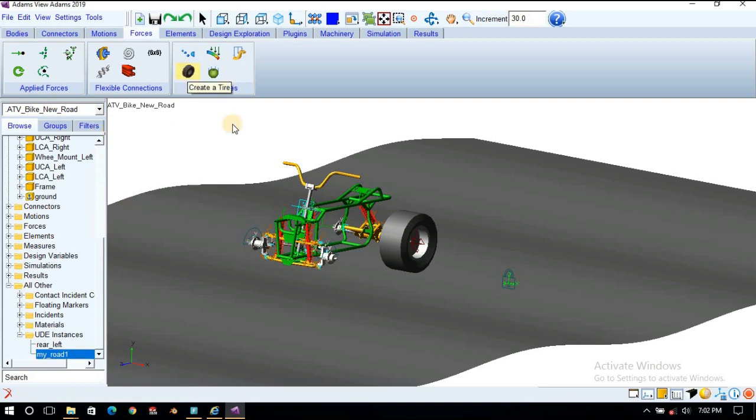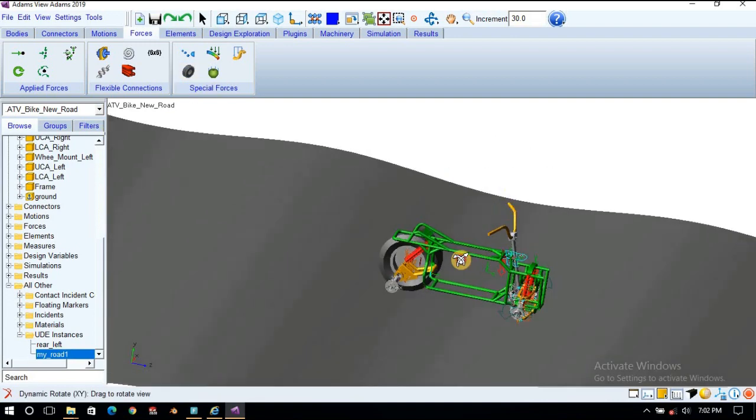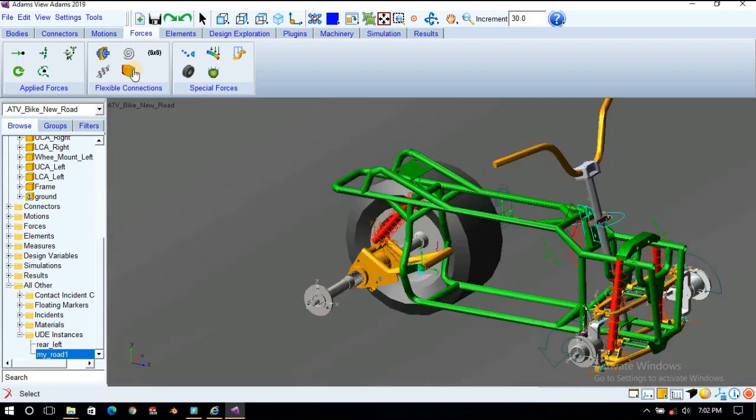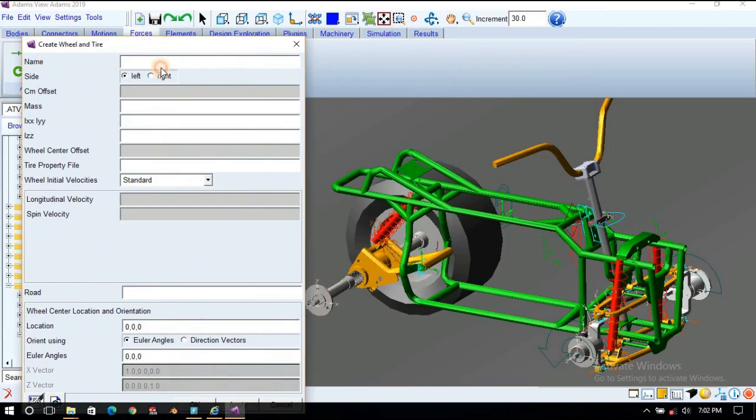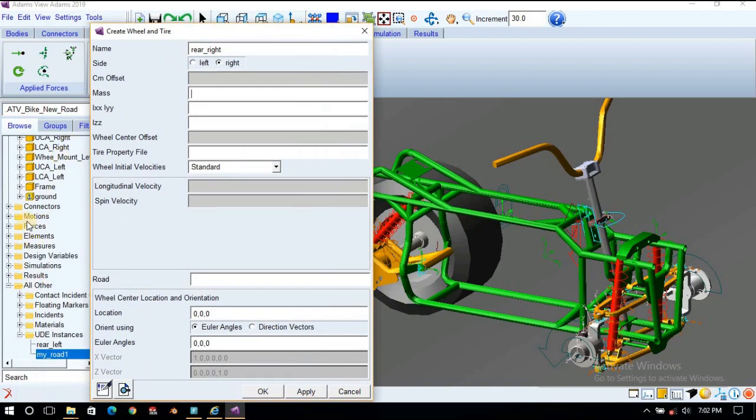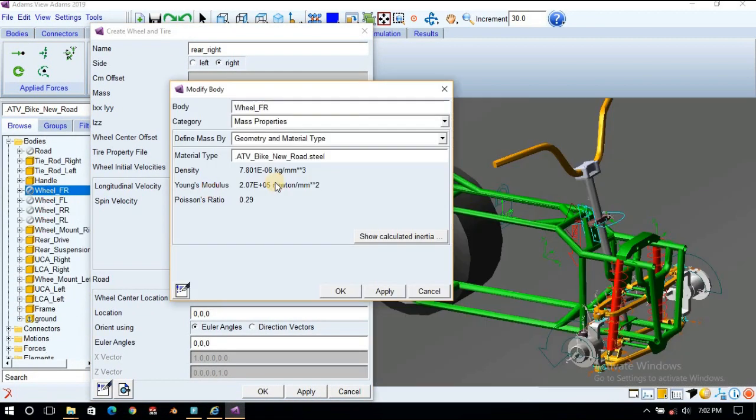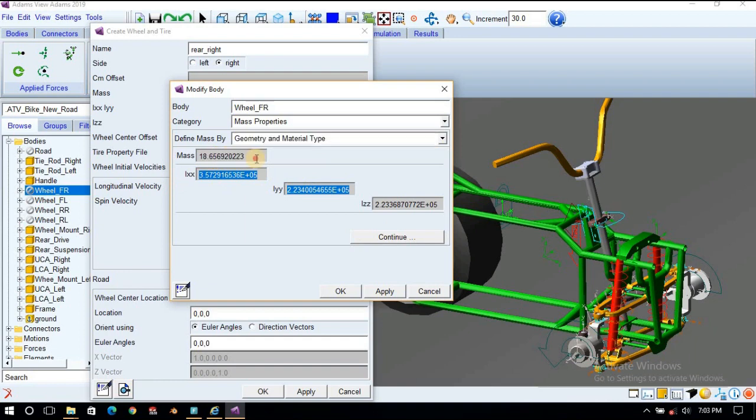Now go to the tire menu. Once again we will create rear right. Choose side as right, this one. The mass of this tire, show calculated data, we will copy as it is.